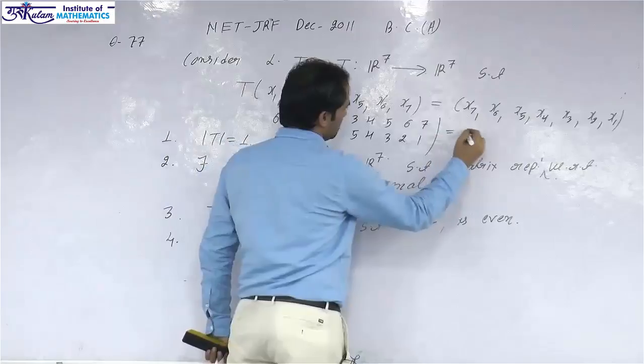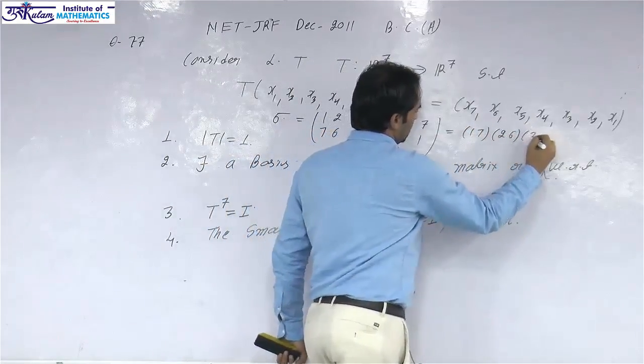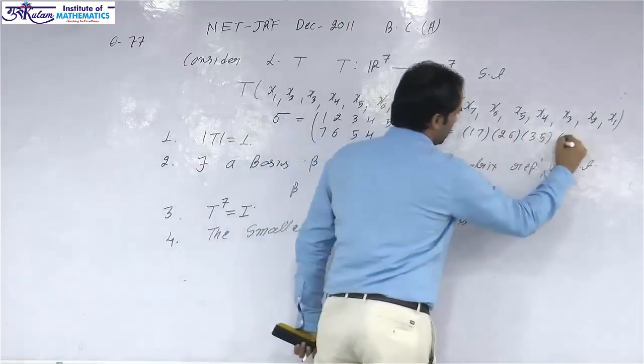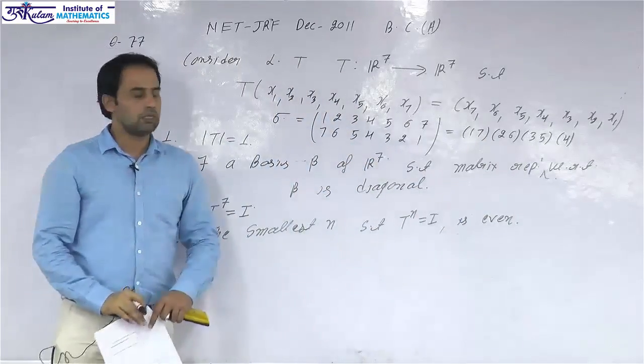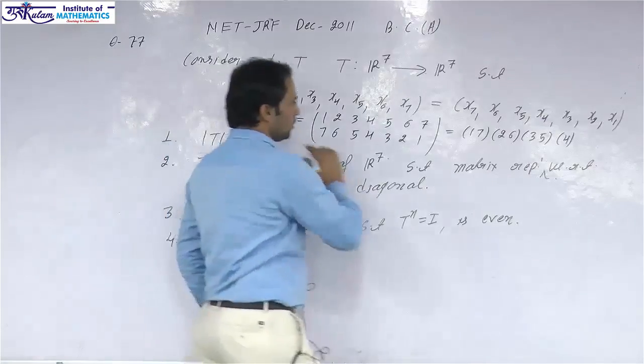That is, sigma is (1 7)(2 6)(3 5), and 4 is its own image. So sigma is basically a product of 3 disjoint transpositions, and the order of this sigma